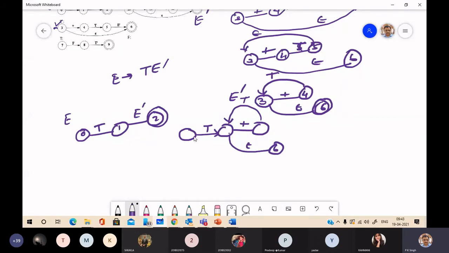1 and 3. Now see here, at this state you have incoming T from 0, and incoming T from this state, as well as incoming T from state 0. So you can merge this state and this state together. So you will get the transition diagram merging these two.